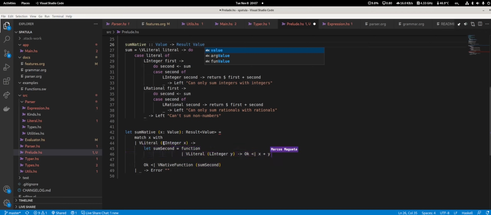The V native function, it picks a value and returns a result. The value can only be one of the two operands of the plus. Yes. So it needs to be x. Okay, so it's going to be a native function that picks an x, which